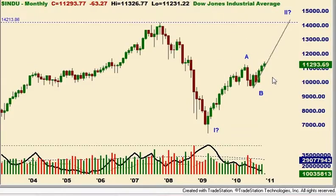Also on the Dow, let's look at the monthly chart. With the new highs recently, taking out the April highs, this is a count that's become popular. The possibility still that we've got a wave 1 down and that we're carving out a big ABC wave 2. Now, one problem I have with that is the most likely scenario, as we've talked about many times before, for an ABC rally is for C to equal A. Well, it doesn't have to do that, but that's the most likely scenario. And indeed, if we get an equal ABC rally, it's actually going to take out the 2007 peak, which would negate this count of